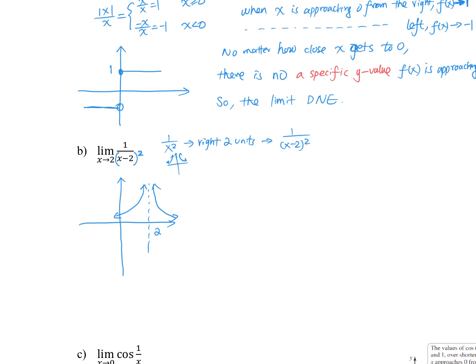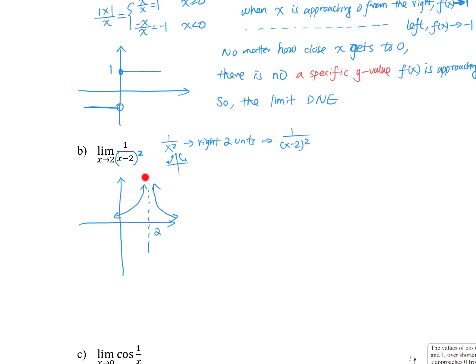Now, when x is approaching 2 from the right, you can see the y value is going up indefinitely, and this x equals 2 is a vertical asymptote. The function value is not defined there. So we see it approaching infinity when x is approaching 2 from the right, and similarly, when x is approaching 2 from the left,